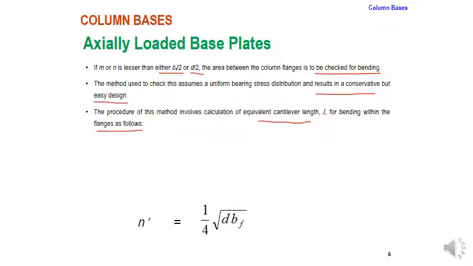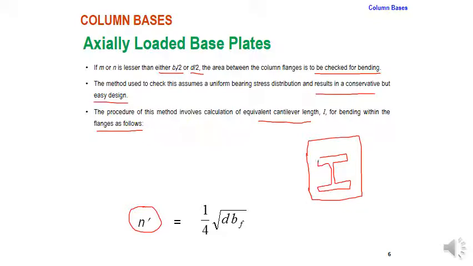So now, other than M and N, another critical section needs to be considered, that is N dash. Okay, so what is N dash? If you are going to have your base plate, again I am going to draw the same diagram, but now with the concept of this critical section. We were talking about the supported part, that will be 0.85 of BF and 0.95 of D. So other than that, I am going to mark the supported part again.